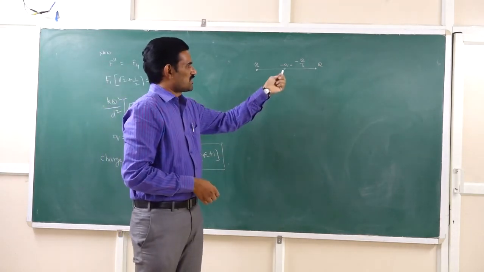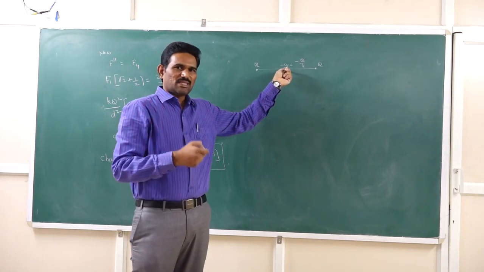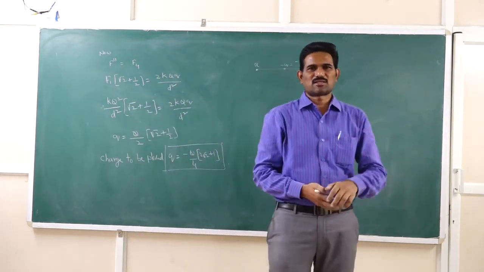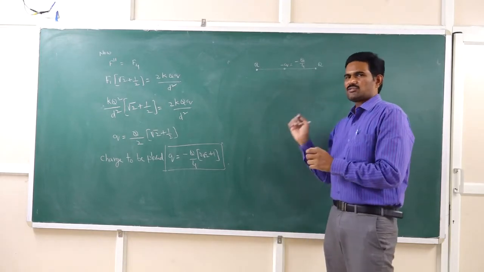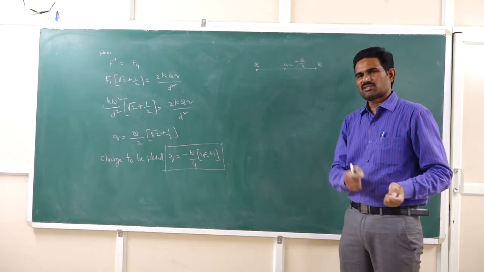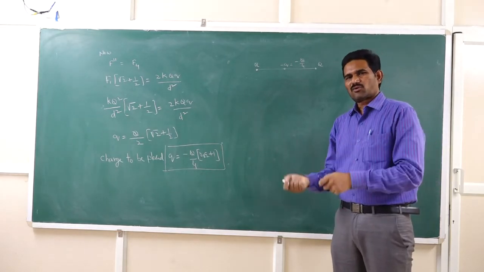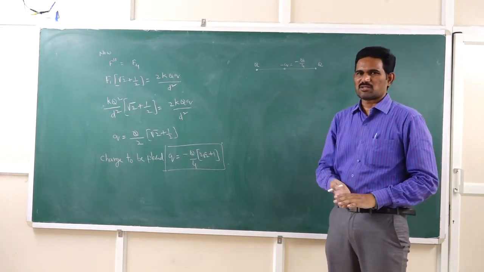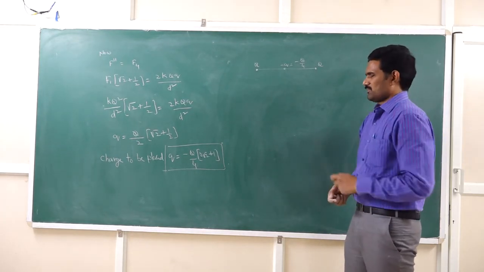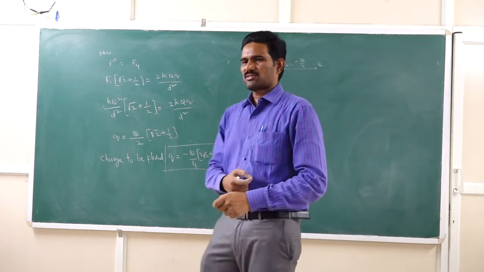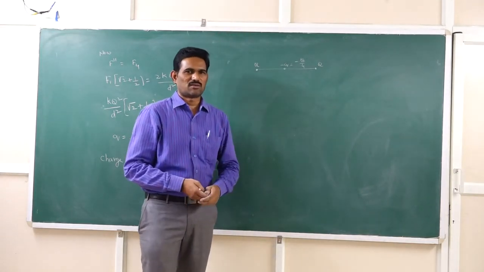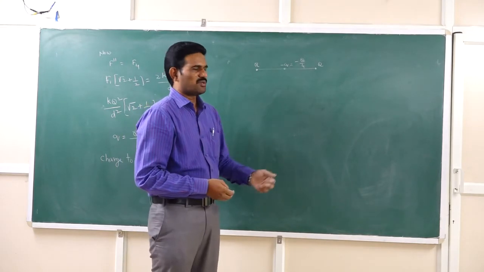Now the question is whether this charge is in stable equilibrium or unstable equilibrium. They will ask like that. Or in addition to this numerical value, they will also mention that for minus q by 4 the system is in stable equilibrium, or for minus q by 4 the system is in unstable equilibrium. So we need to answer that. For that, let us recall our previous discussion: when the body is said to be stable, neutral, or unstable equilibrium.